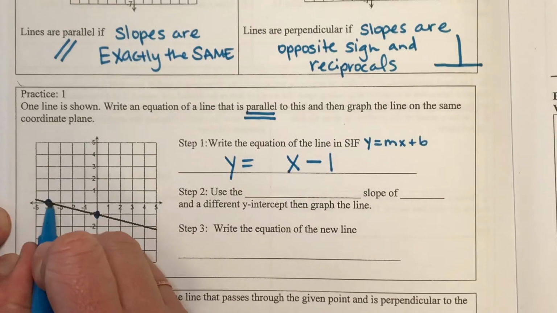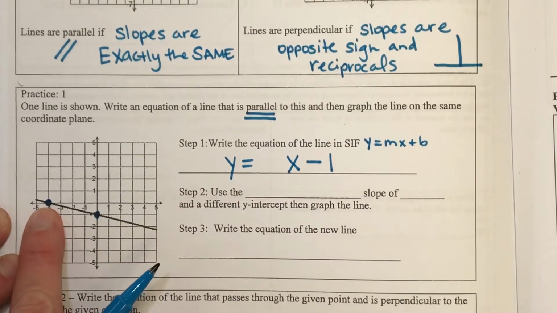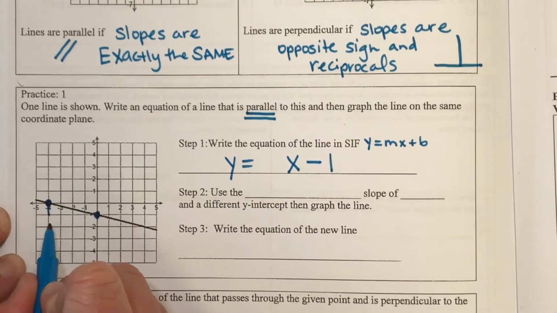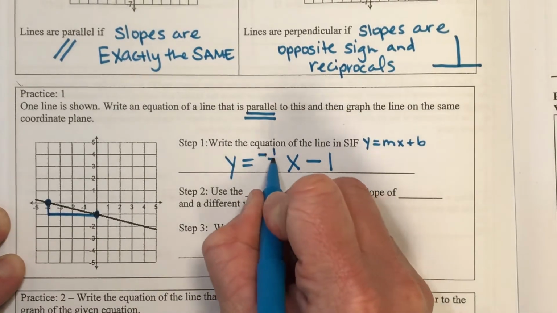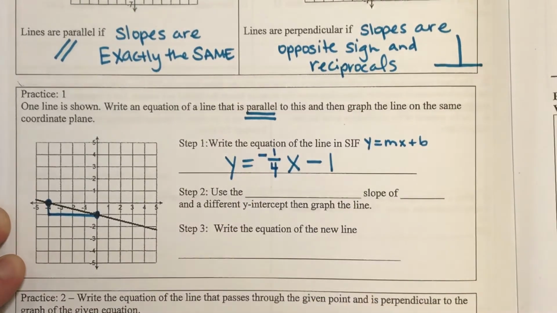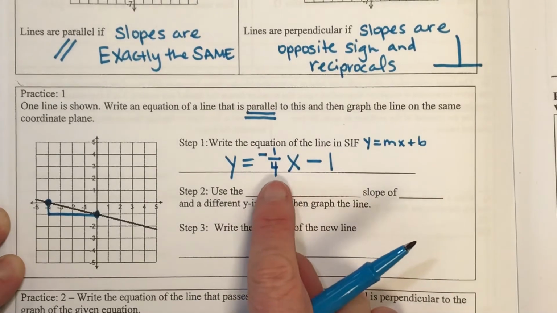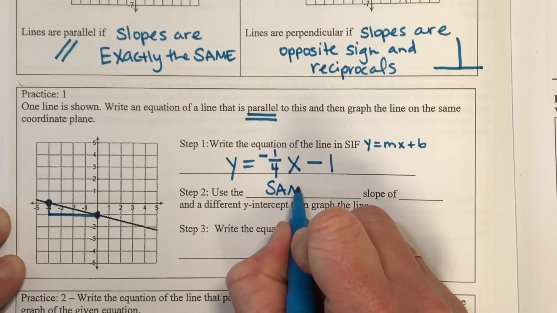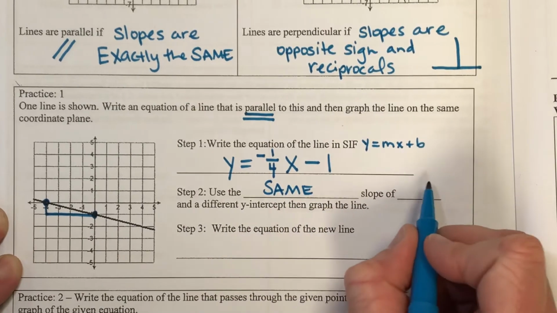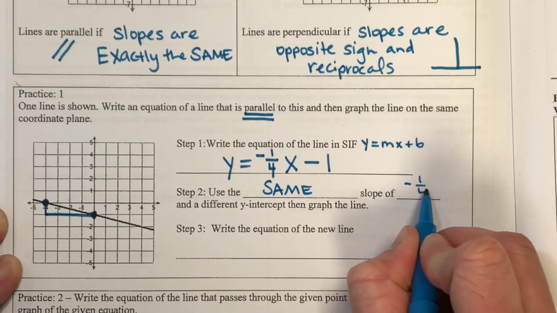Notice this point over here was also given negative 4, 0. My slope of my line goes down 1 and right 4. So that slope is negative 1/4. Now, if I want a line parallel, I need to use the exact same slope, which is negative 1/4 from